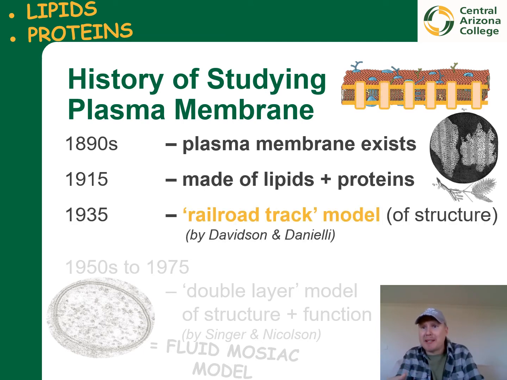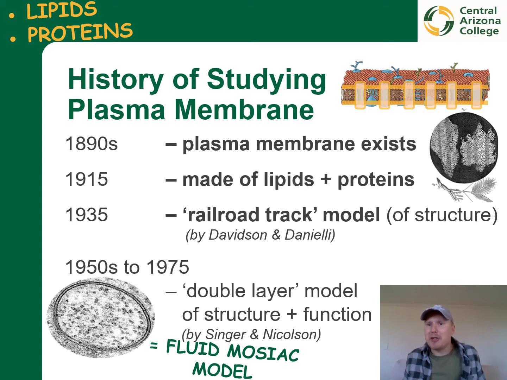Then the structure of plasma membrane was described, and a model for it given in 1935 by Davson and Danielli. What they said was that a plasma membrane is like a railroad track, and they noted that it had two layers like a sandwich. And if you think about it, it's not too far from the truth. Of course, Davson and Danielli had this a little off in their proposed model, where they thought that the proteins were these tracks and lipids in between these. Of course, we know that it is actually the other way around.